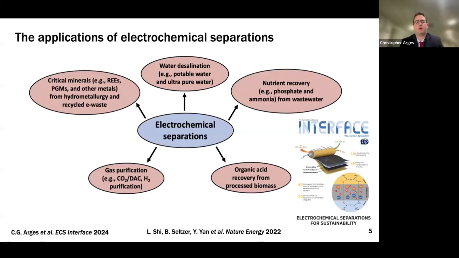So there's a plethora of applications that electrochemical separations can service. The most mature area is water desalination, so you can make potable water, drinking water. Where it's really found today, just because of the advent of reverse osmosis, is making electrochemical separations really service making ultra pure water like 18.2 mega ohm water. Electrodeionization is a process used to do that.